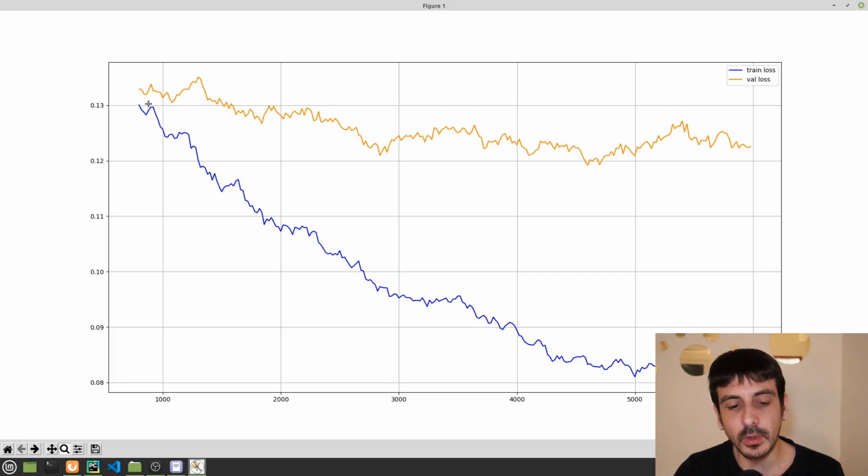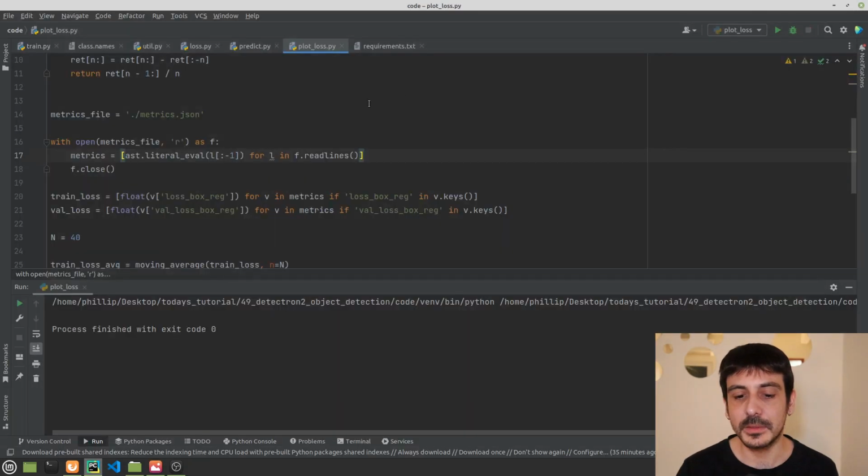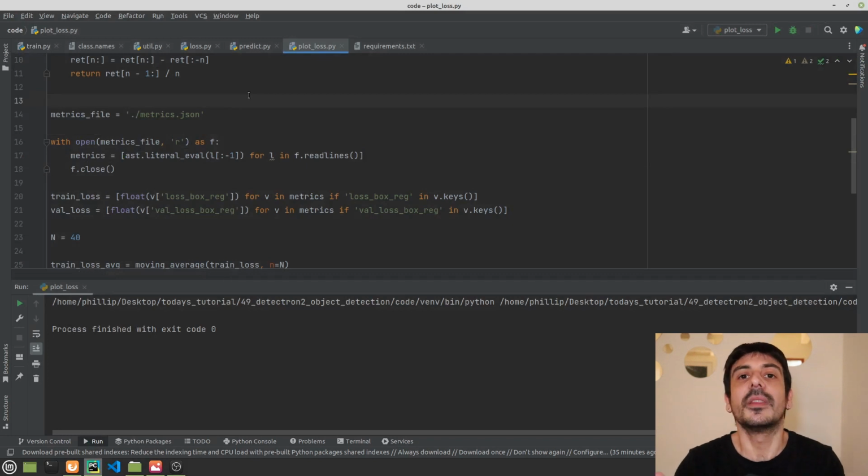But ideally, I would like to have these two plots closer together, right? Because otherwise this could mean the model is overfit into the training data and the model is not going to perform well in unseen data. But never mind, let's just take this model, the one we trained over here in the 3000 steps, and let's see what happens. So I'm just going to get back to PyCharm, because now it's time to make our predictions.